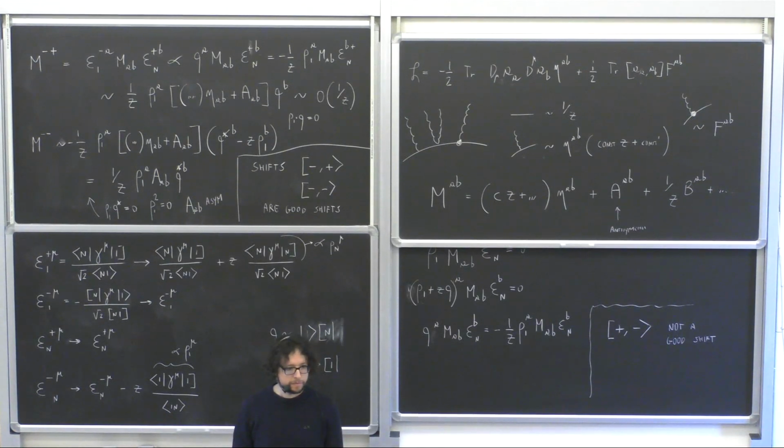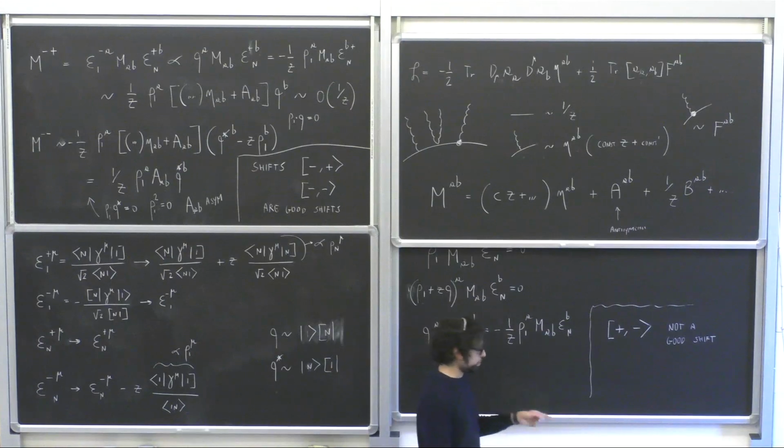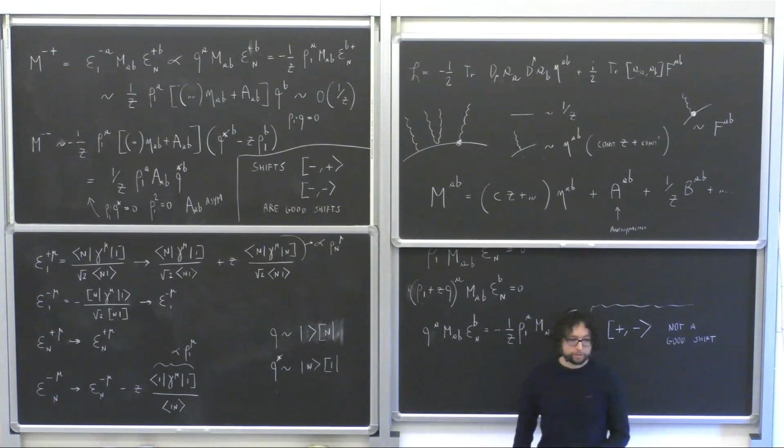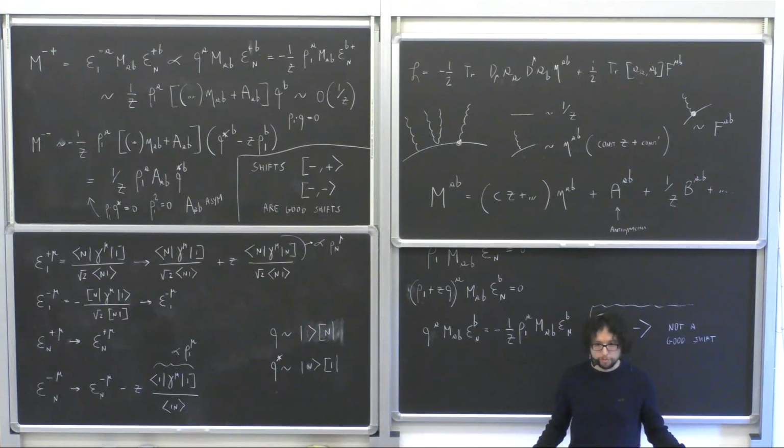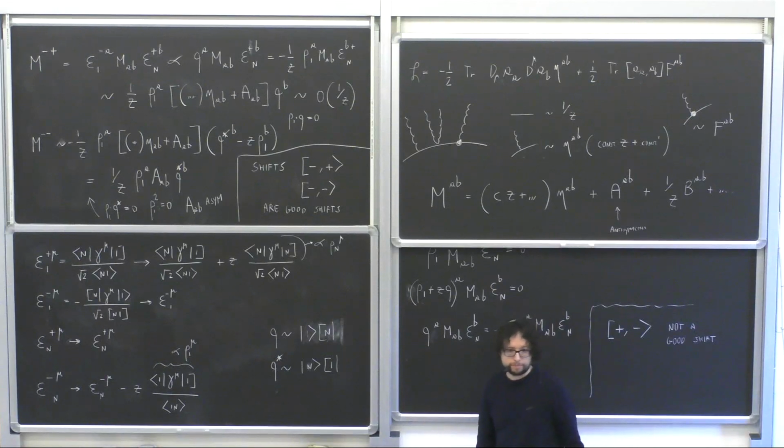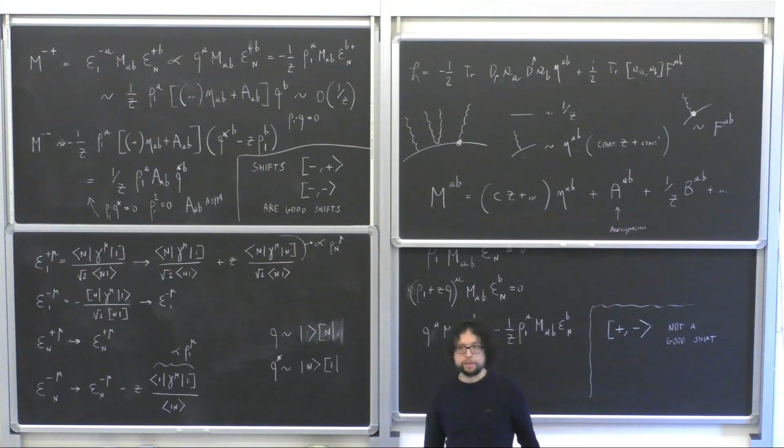So this applies to phi to the 4 as well? Yes, in that particular case, however, you would have a situation where lower point amplitudes, so you cannot start from 3 points and bootstrap the 4 point. You need to start from 4 points. But that's a rather obvious thing to say. Okay, so just a couple of comments here.